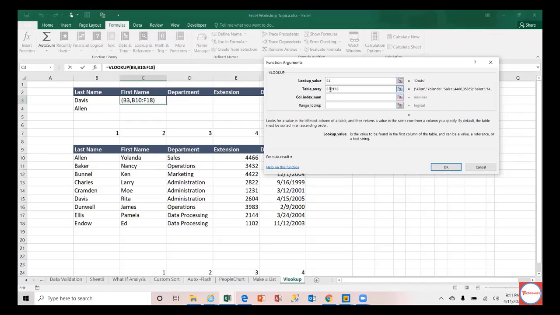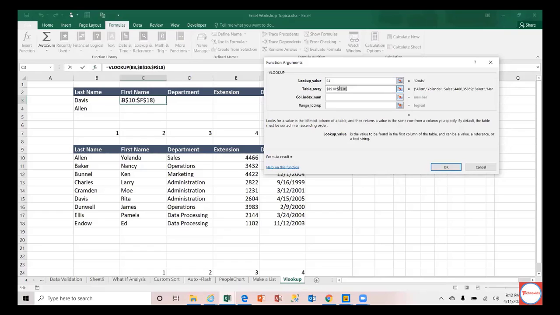What is fixing the reference? It's nothing but absolute reference. In the sense, this data set range is the same, isn't it? So how do you fix that range? You fix it using dollar. How do you give the dollar? You can press F4, and that's what I did just now. You can press F4 and fix the reference.